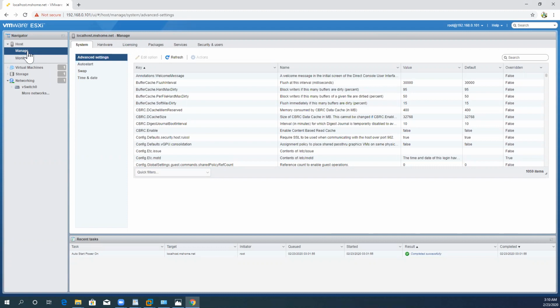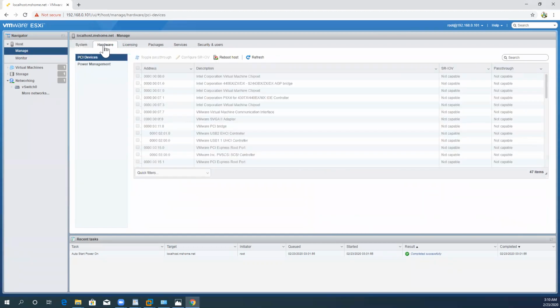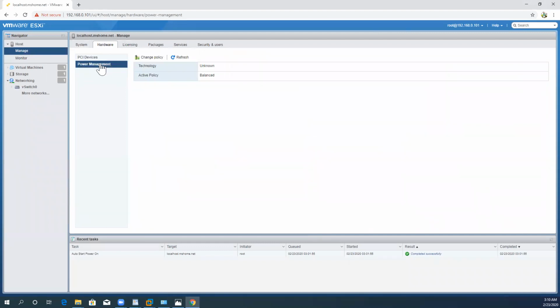Here you are getting the detailed information about the system, and here is the hardware information, what type of hardware is available, and what the power management options are. If you want to implement the change policy, definitely,